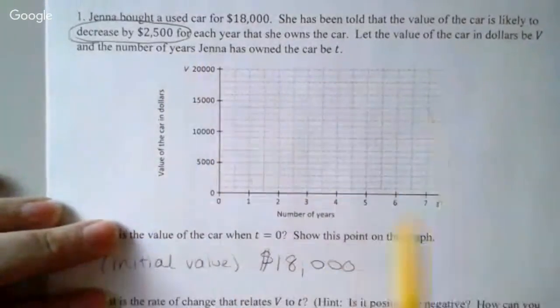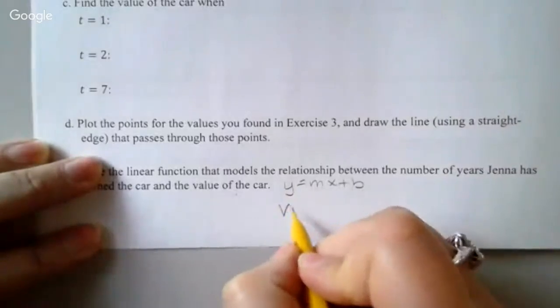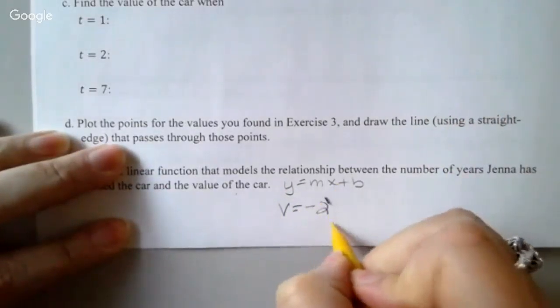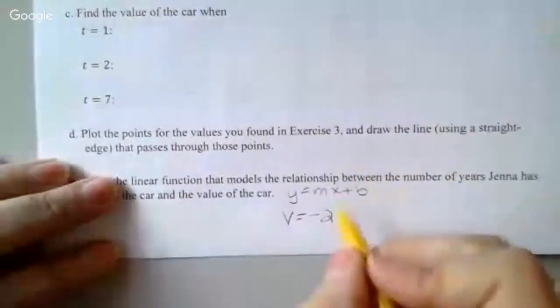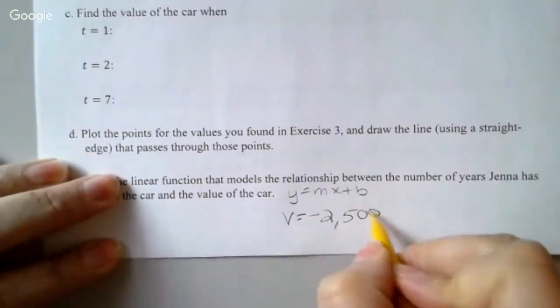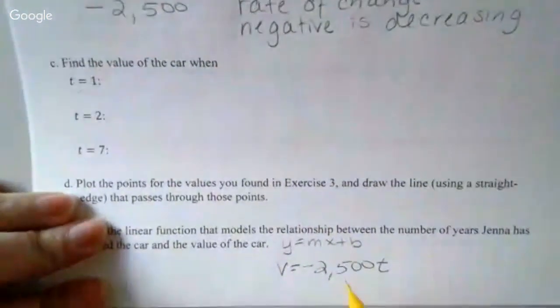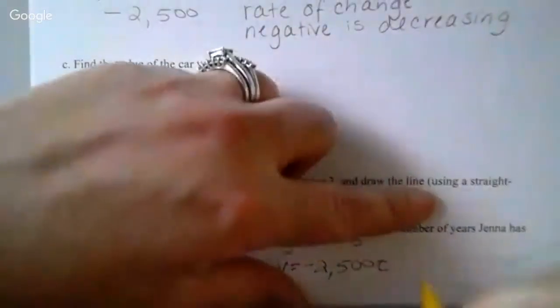But in our problem, the y-axis is a v and the x-axis is a t. So this is going to be v equals, my slope we know is negative 2,500. That goes in front of a t. And then my y-intercept is this 18,000 number. So plus